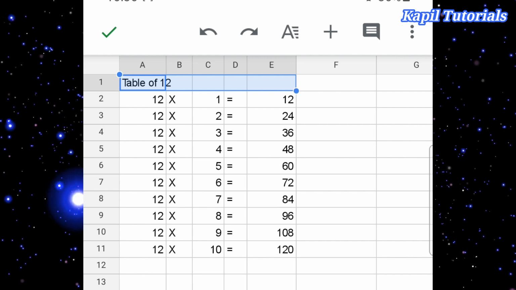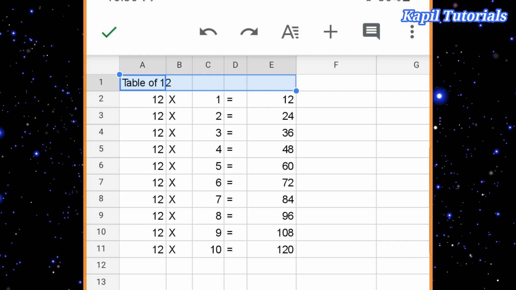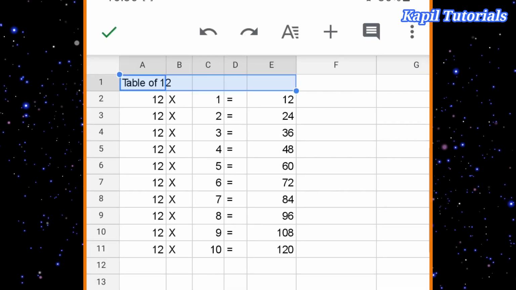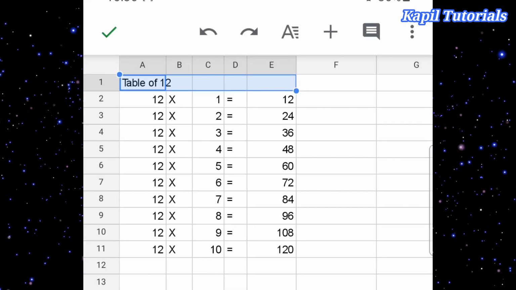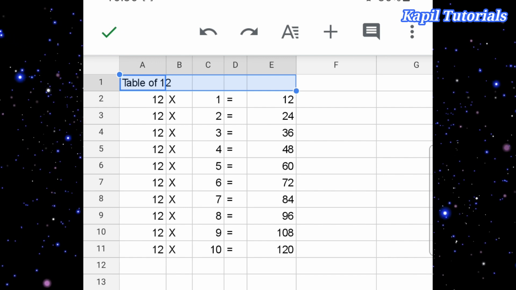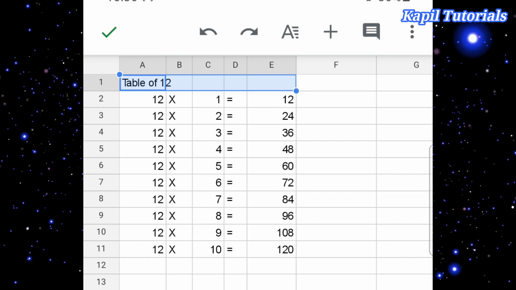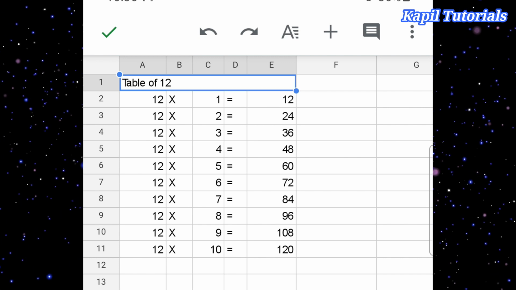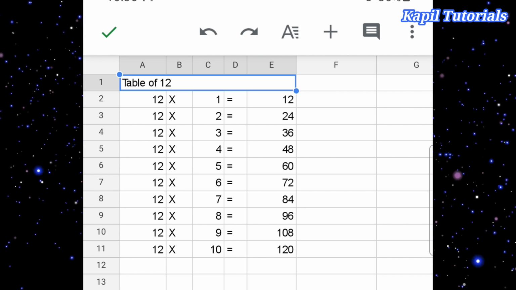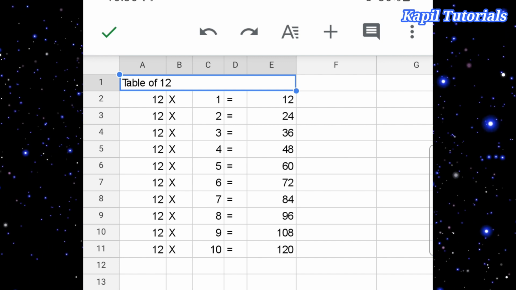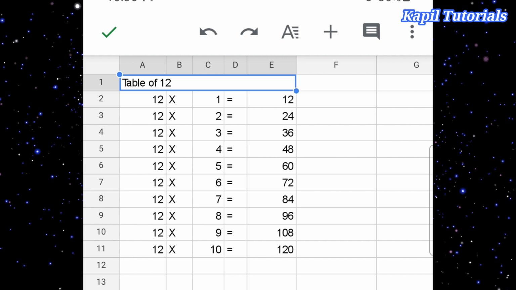How to do that? You could see here one option is there, that is called merging, and it will place the heading in between. I'll click on this. So it has now joined all the cells from A1 to E1 in one cell.